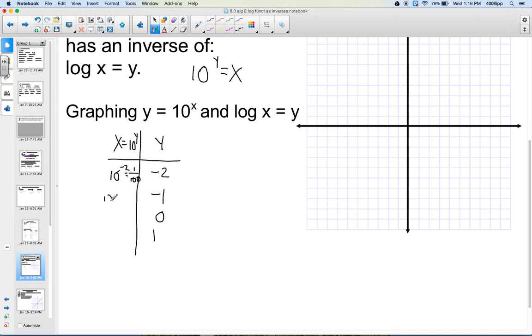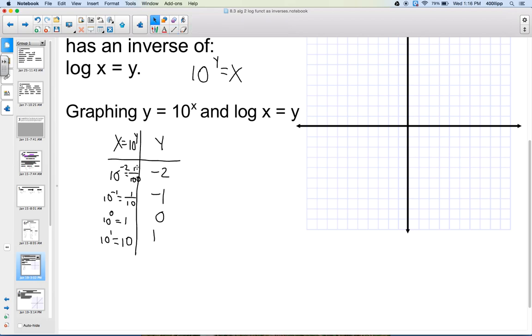Okay, 10 to the -1 is equal to 1 over 10. 10 to the 0, anything to the 0 is a 1. And 10 to the first is 10. All right, so now I can graph those here where I am going to look at this and say, okay,